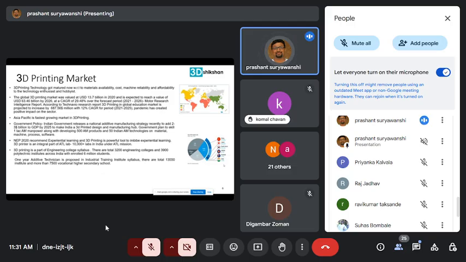So it is very important for us to gain knowledge about this technology, and you can see the market size also. There is a huge opportunity, and it is growing at a 30% CAGR, compound annual growth rate. Even education sees a positive impact, though there are certain challenges.